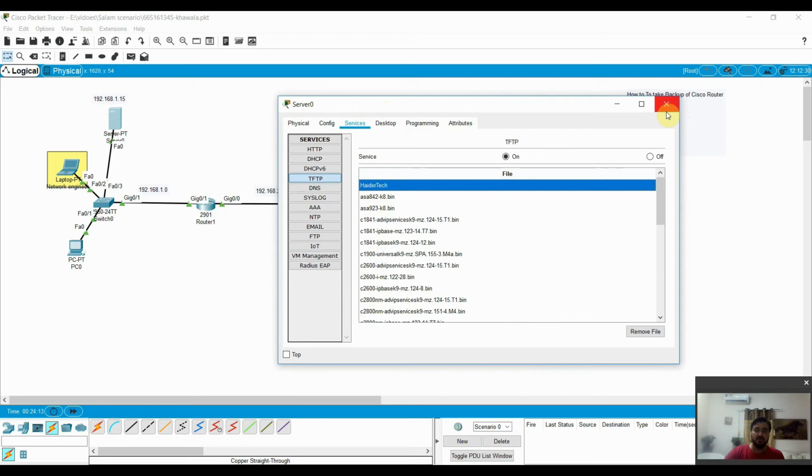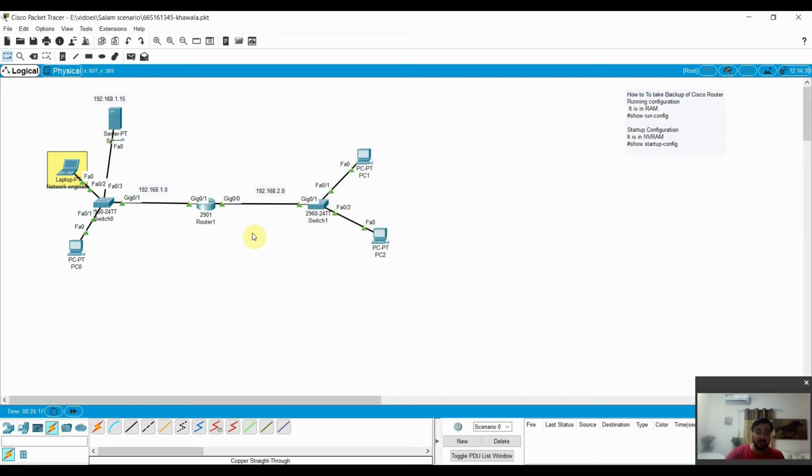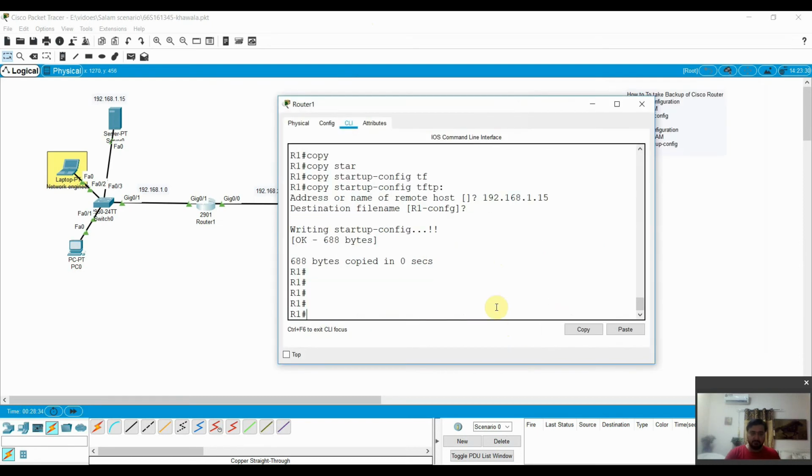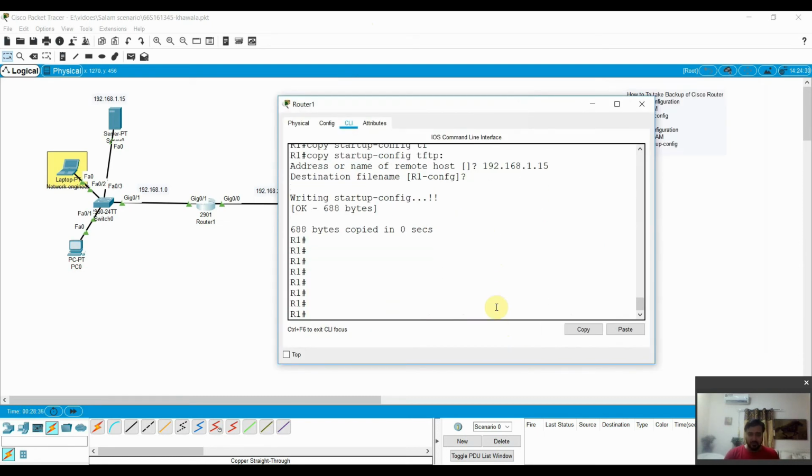Now this is the running configuration. How can you take the startup configuration? As I told you, the startup configuration is your saved one, which you have already saved. It is saved in your hard disk, the same as the hard disk, NVRAM. In a router we call it NVRAM.